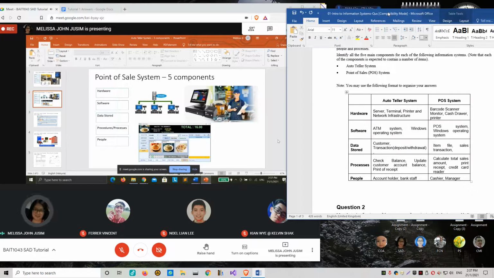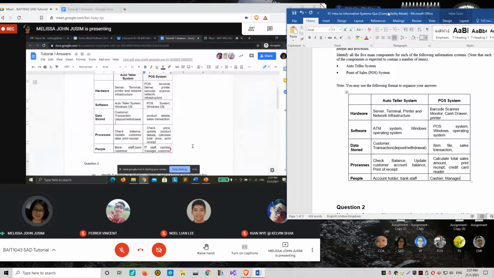So in this case, not only cashier, but also supervisor. Add in the supervisor, because normally the supervisor will have access right to delete or edit a transaction. Cashiers can only add a transaction. Cashier, supervisor, manager, because what the manager can do is, here at the file, select daily sales report, for example. These are the users who will use the point of sale system. IT staff is for maintenance, so you can add in the IT staff here as well.